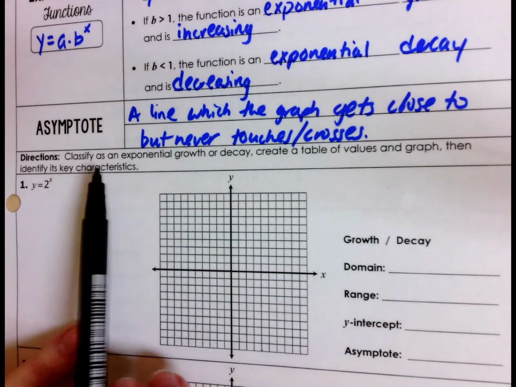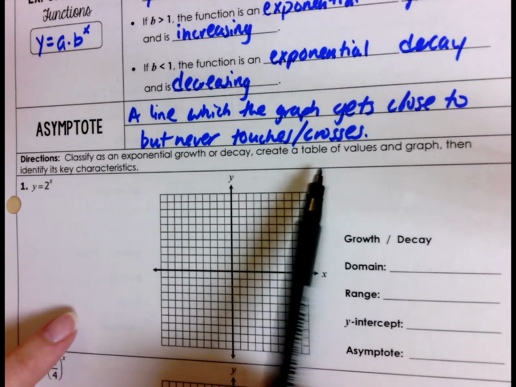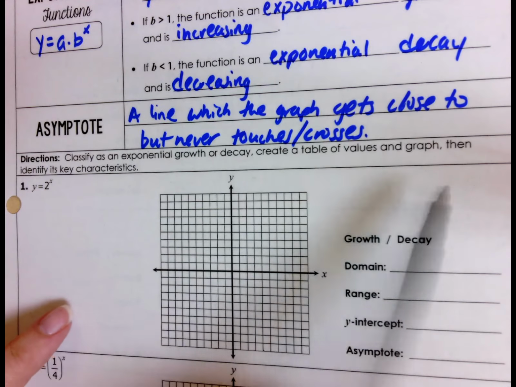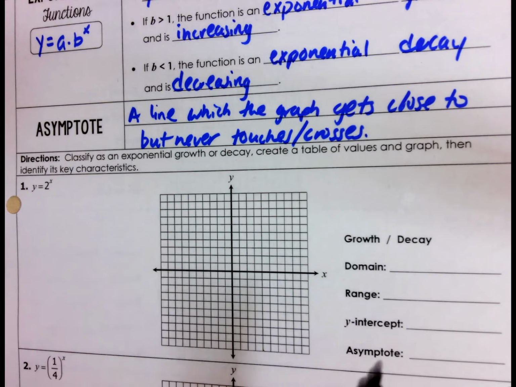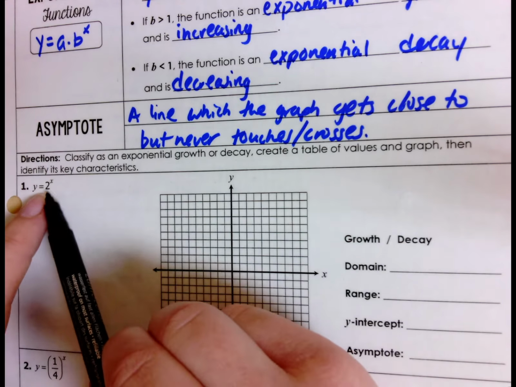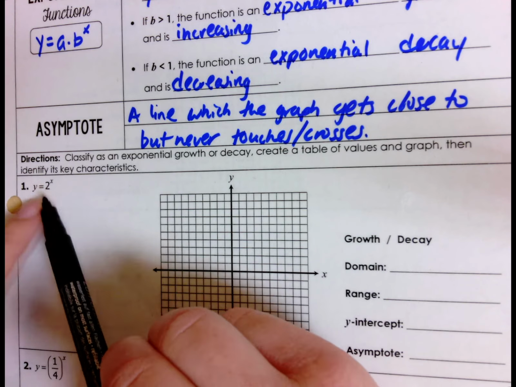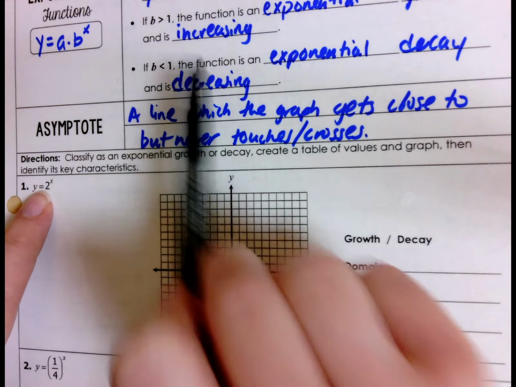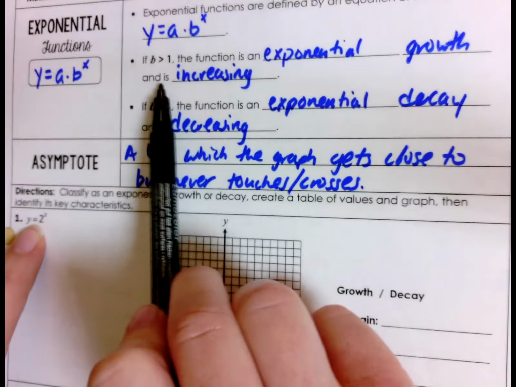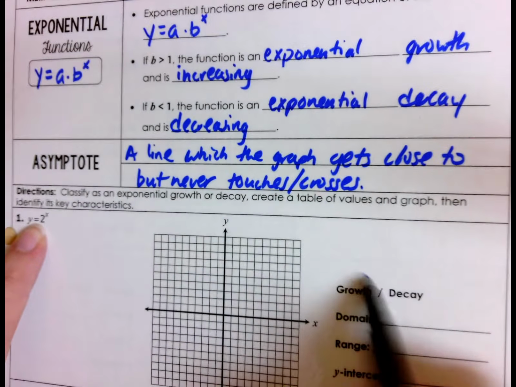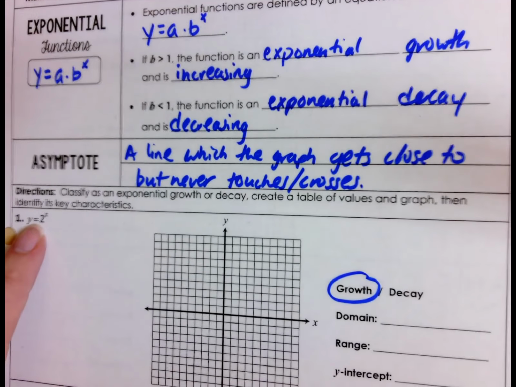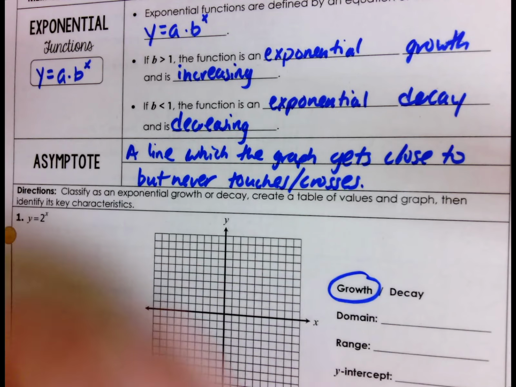It says to classify it as exponential growth or decay, create a table of values and graph it, and then identify its key characteristics. So here, the number that x is being raised to, or the power of x, is attached to the number 2, and that number 2 is greater than 1. Okay, so this is going to be exponential growth, and it's going to be an increasing function. So let's create a table,